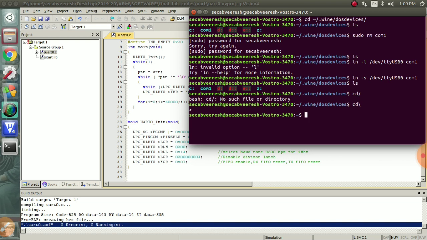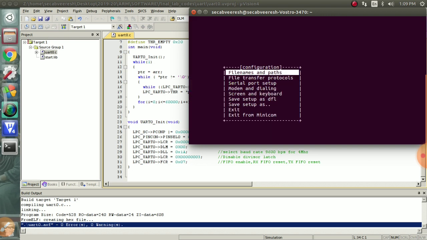Now we have to configure the Minicom software. Type minicom -s -w. See here, go to serial port setup.